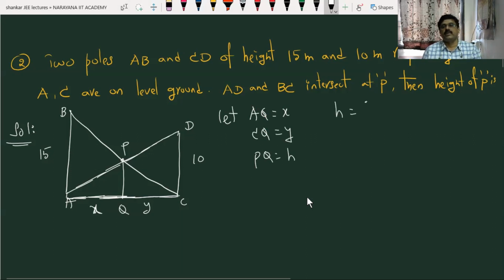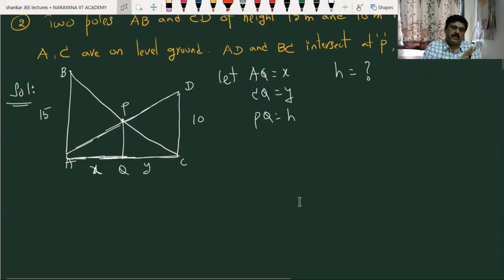So your goal is H. Then how to crack this problem? See, students, from this side, you see triangle AQP and triangle ACD